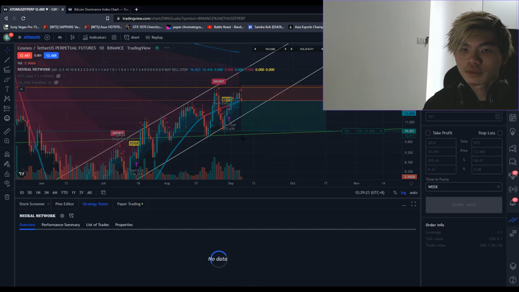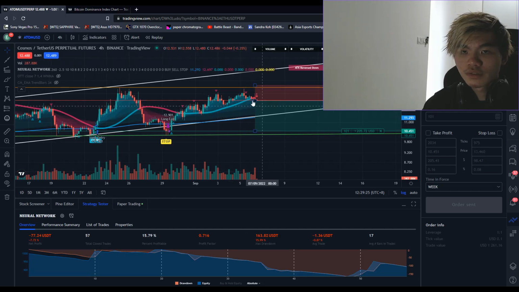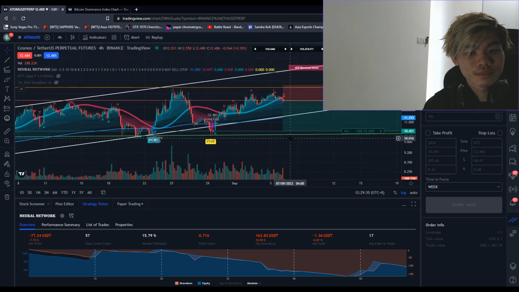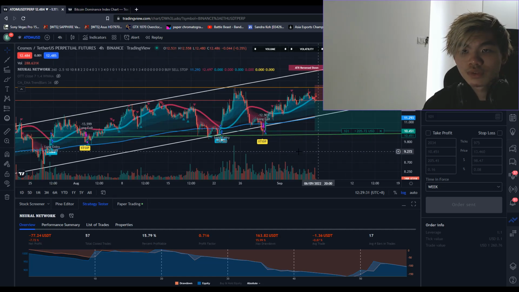So we can confirm this with the 4-hour chart, obviously. So our chart already confirms that this is a downwards trend, and there should be a downwards play here. So let's go to,